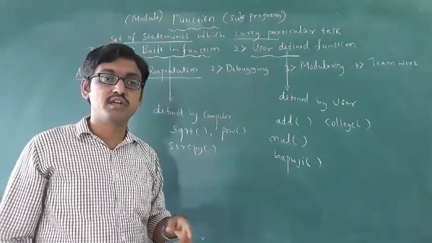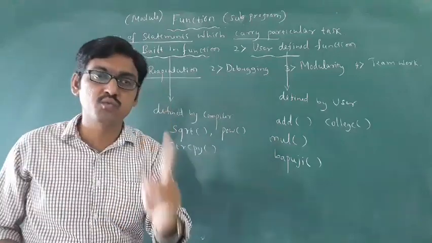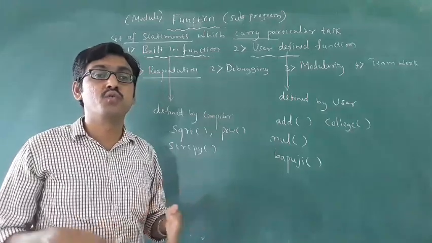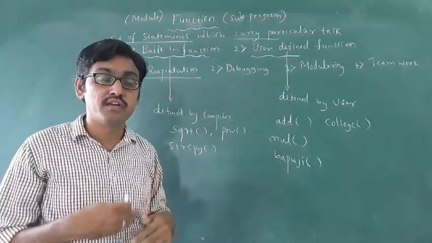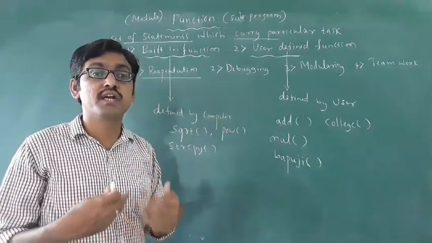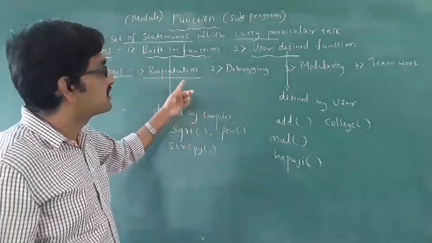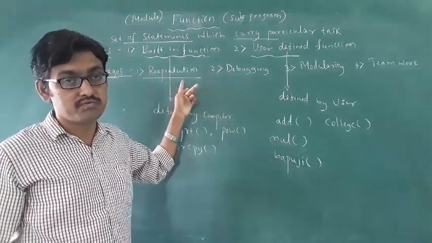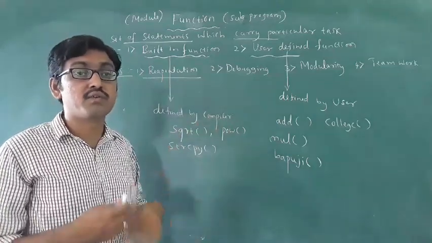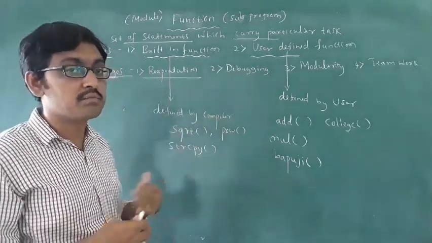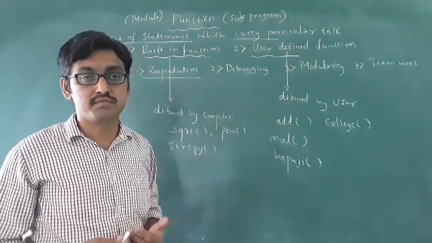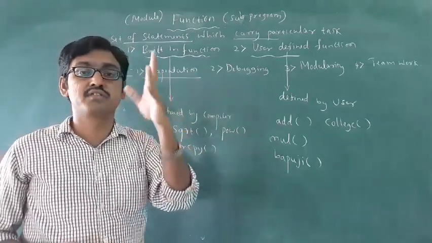Without writing so many times, you write only one time in the program. It is executed several times, like a do while loop, a while loop, or a for loop. Repetition can be done several times. Several statements you can execute, and one statement can be executed several times. That is the first advantage.